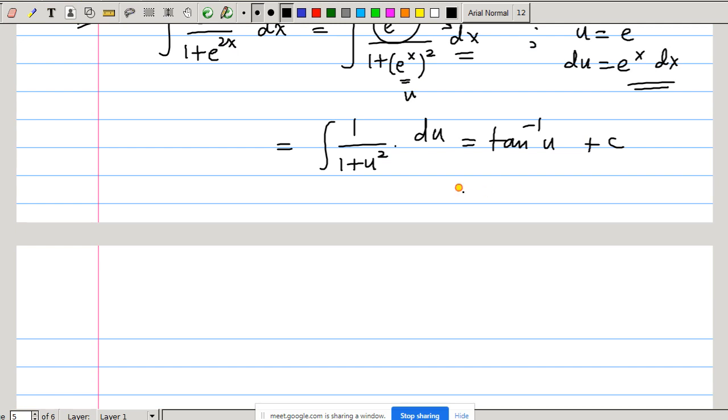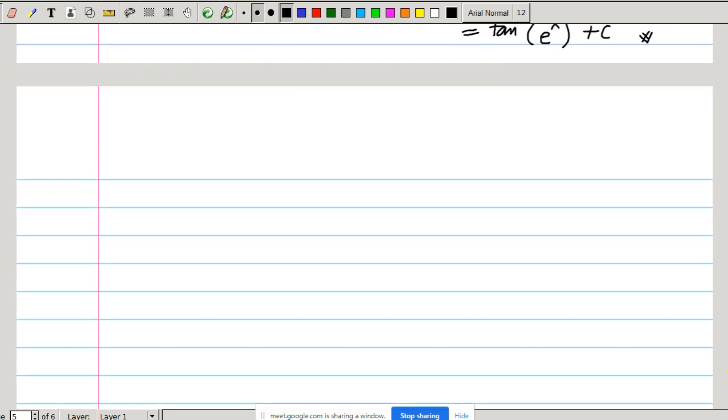So now I will replace my u back. What is my u? u was e to the power x, plus c. See, I replace the value of u back here. Okay, so that is my answer. So this is substitution, simple. If they give you the limits, let's say if I pick something else as well,